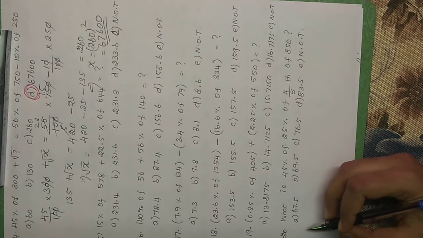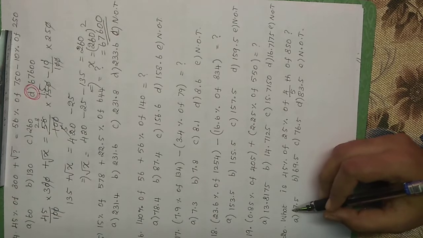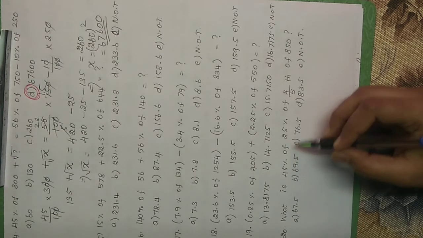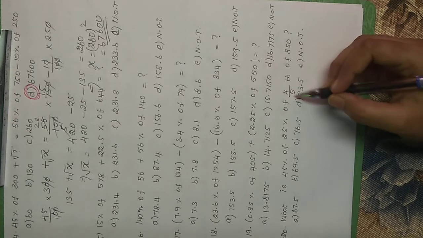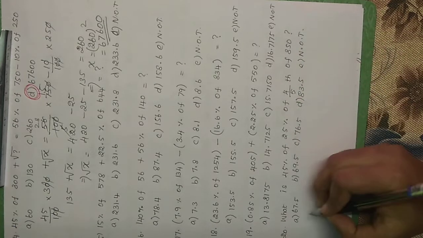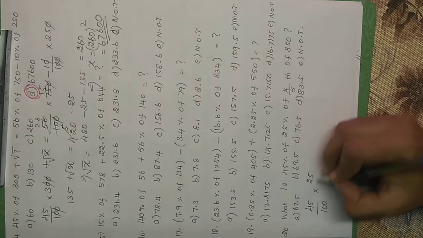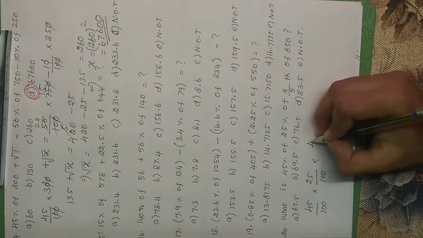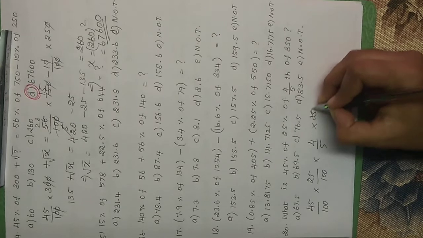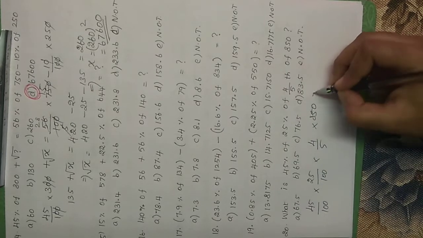Next, the 20th problem: what is 45% of 25% of 4/5 of 850? That is 45 by 100 of 25 by 100 of 4 by 5 of 850, equal to